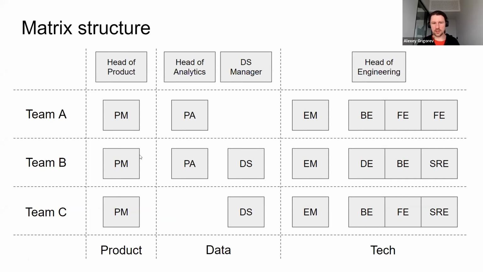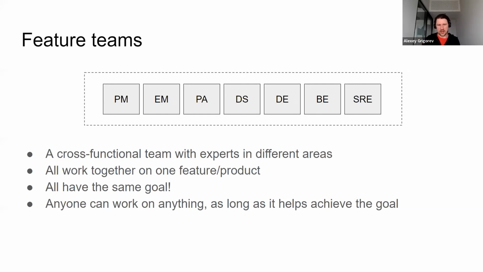And this is, let's say, a department. In a department, we have multiple teams. And for each vertical, product managers have their own managers, analysts have their own managers, and so on. So this is roughly the structure. Even though we have different managers, everyone on the team works together, guided by product managers. Each team is a feature team of people who are experts in different areas, and we work on the same goals.